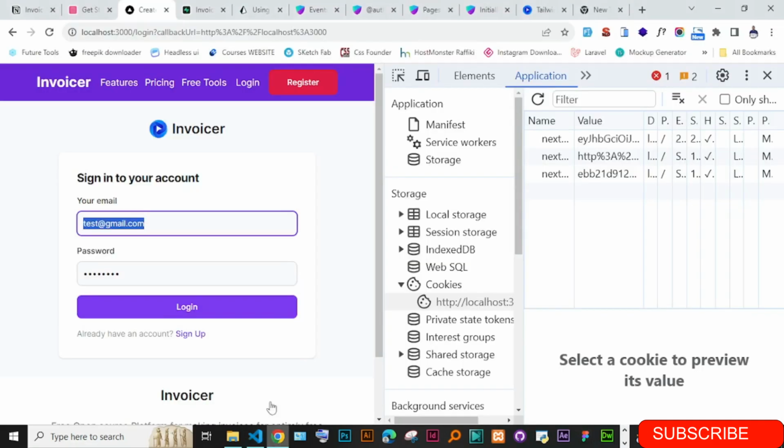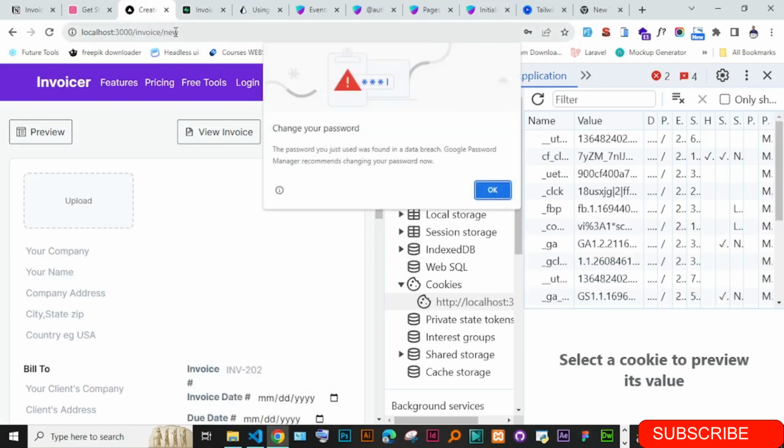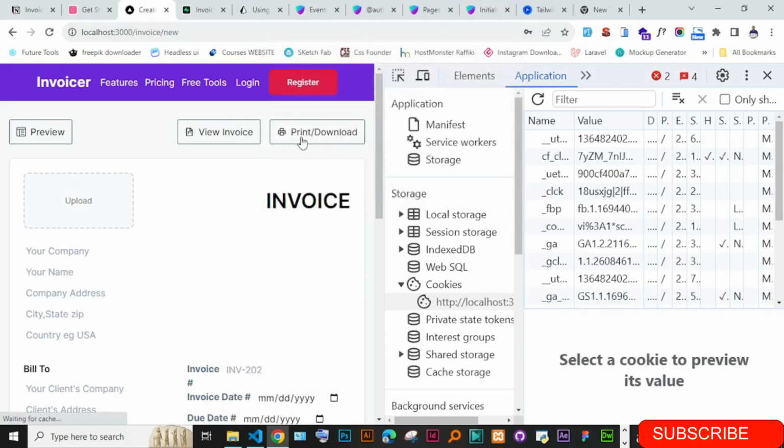Okay, so now after doing this, let's test once again. Just click login, signing you in, please wait. So login successful, and it is not redirecting. Did I put the okay? So finally it has redirected to this new invoice. Okay, that is great. So now the only thing we want is, since it has redirected at this point,